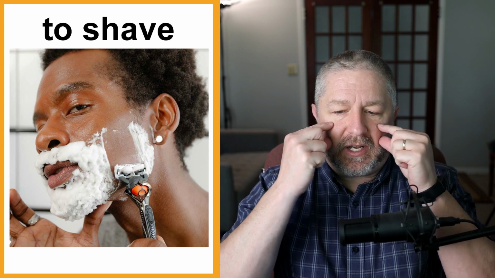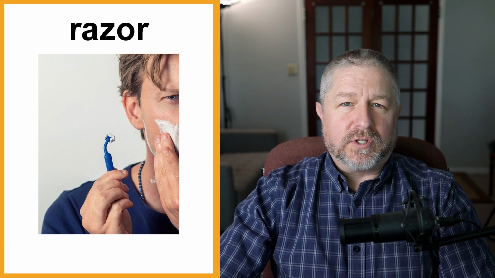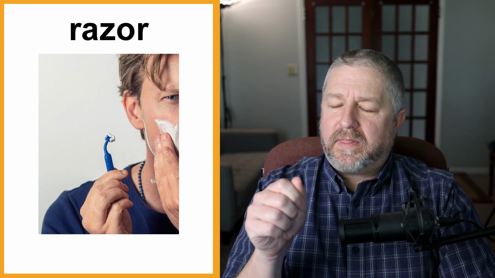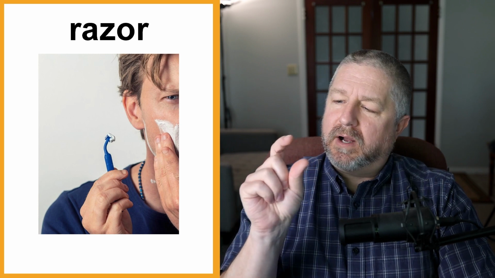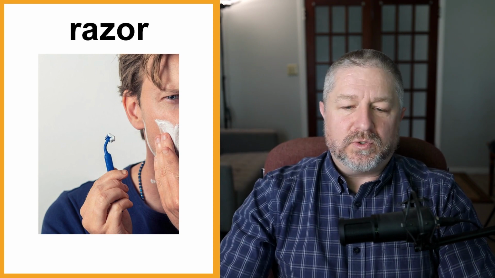I'm saying things again. I'm not an expert, but sometimes you have hair and you want to remove it. You do that by shaving. So I shave right here and I shave down here, but I don't shave right here. When I shave, I use a razor. So a razor is a small thing that you use in order to shave. When you look at a razor, it has sharp blades, and you put some shaving cream on, and then you use a razor to shave.